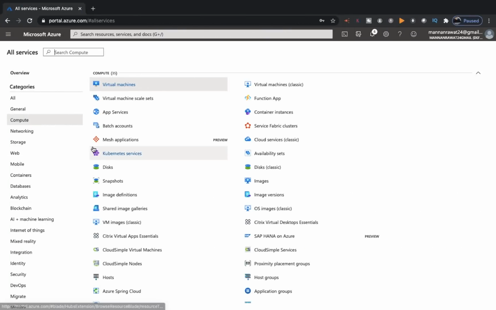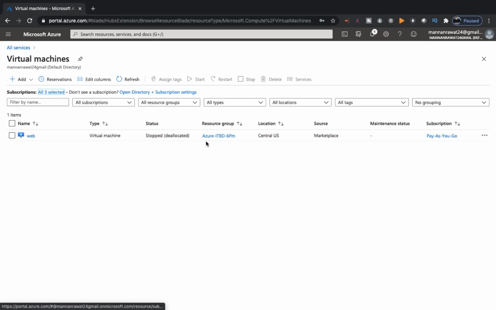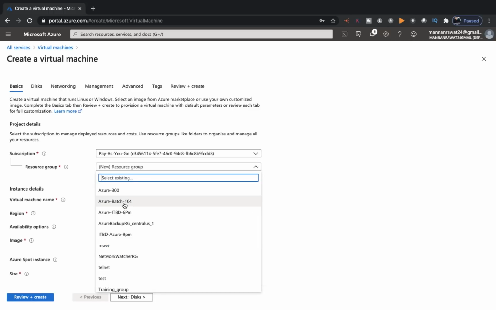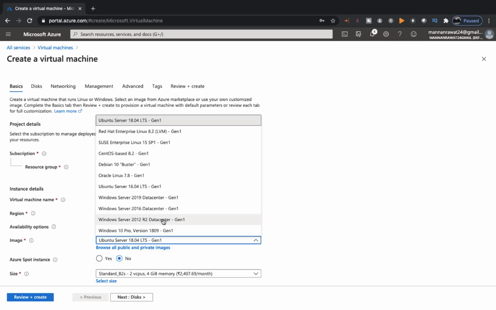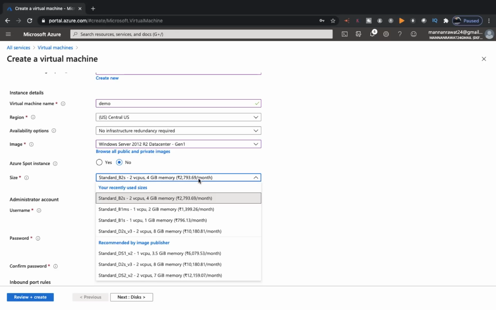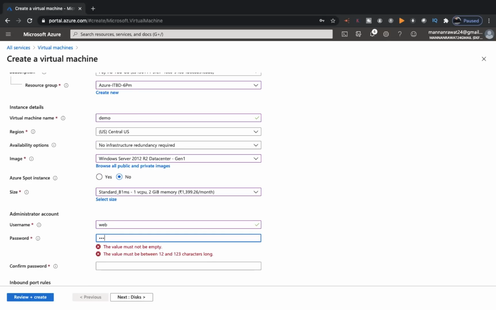I'm going to open my Azure portal and go to Virtual Machines. First of all, we need to create a VM. I have already created one virtual machine in the location of Central US. I'm going to create one more virtual machine, because if you want to know the actual work of a load balancer, you should create a minimum of two different VMs in the same network environment. We created one virtual machine with the name of web, and another VM I'm going to proceed with the name of demo. Select your configuration, type the username and configure your password.